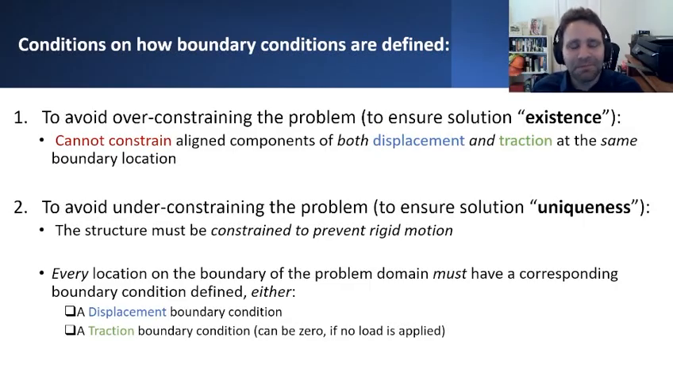And the other one, to ensure that we have a unique solution, we have to make sure that we are still sufficiently constraining this structure from deforming and preventing it from moving or translating rigidly. Now, the other thing to ensure that we have a unique solution is we have to be specific about what the displacement and traction boundary conditions are along the entire region of the boundary of this solid object that